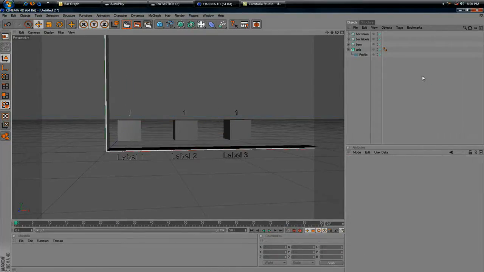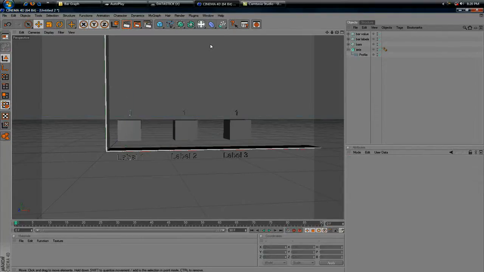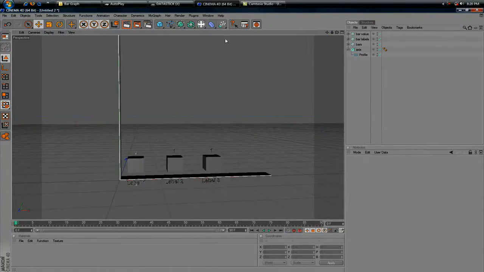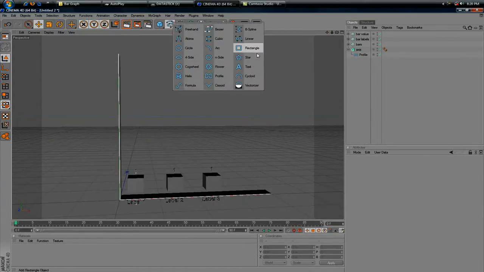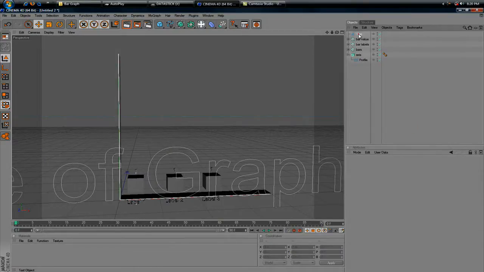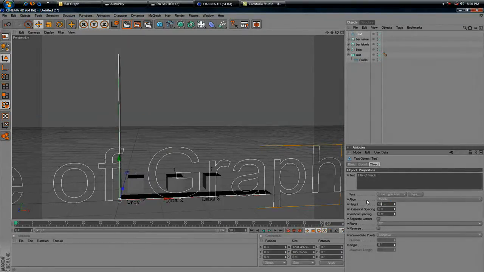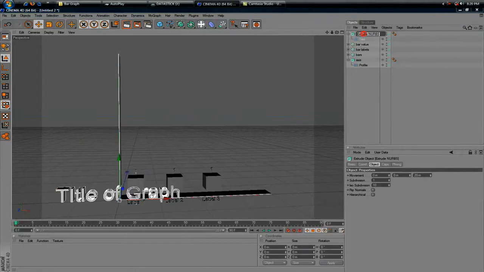Alright, so now we're going to duplicate, move those. We've duplicated the cloners. We have all these cloners available, and now we're going to add the titles of the axis and the graph. So another text spline. Alright, call this title graph. Okay, we're going to make it much smaller, about 50, and then good. Alright, now we'll take an extrude NURBS and drop it in there. Title, call that just title, and then copy that